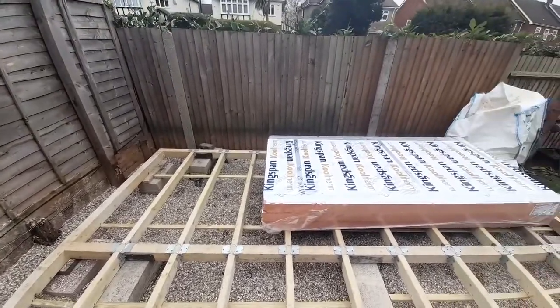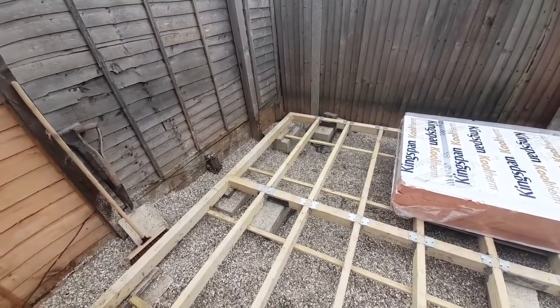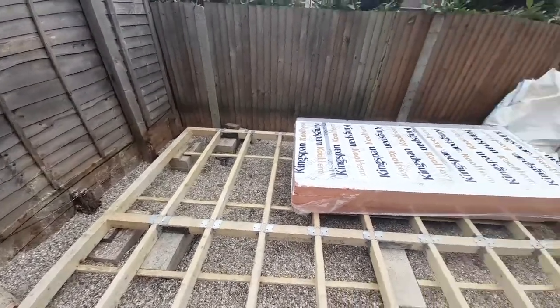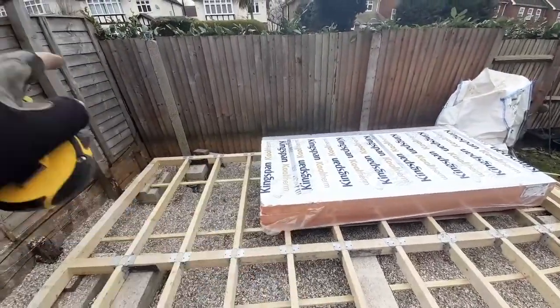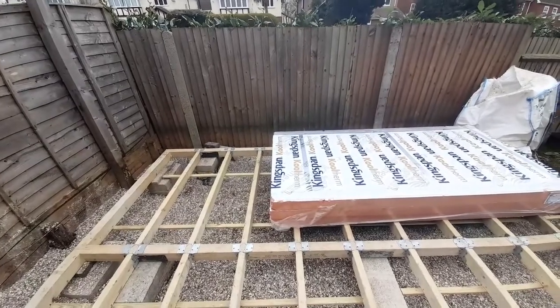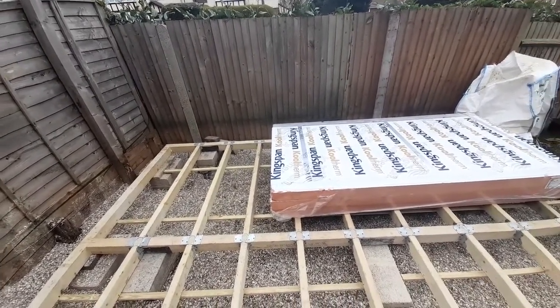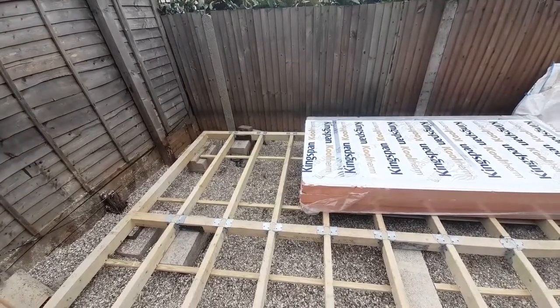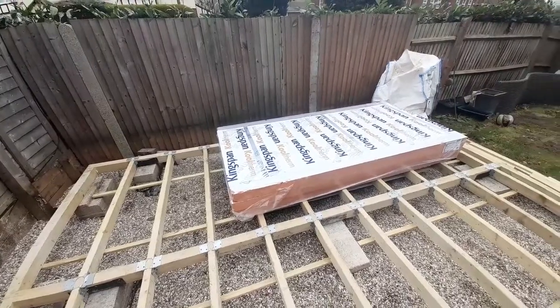So I'm going to go on the width wise. This is actually about 1380 or so, but I am going to go on the 1200 side, just cut straight down that way, slot it in, and then put a filler piece in as well. So that's the method I'm going to do, and it's probably the most efficient. And yeah, get this insulated, get the floor down, and